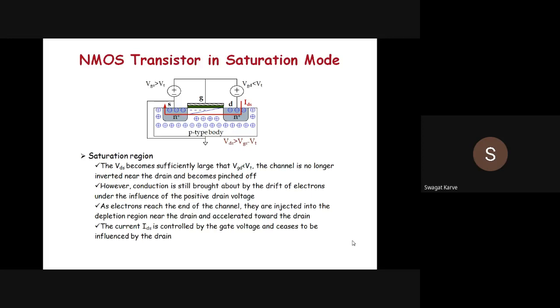Okay, there will be very little space left in the opening of the channel. At one point there will not be any space, and that particular condition is called the pinched off condition. What is pinched off? That means there is no more channel. Up to that point the current can increase, but after it the current cannot increase, it will remain constant.